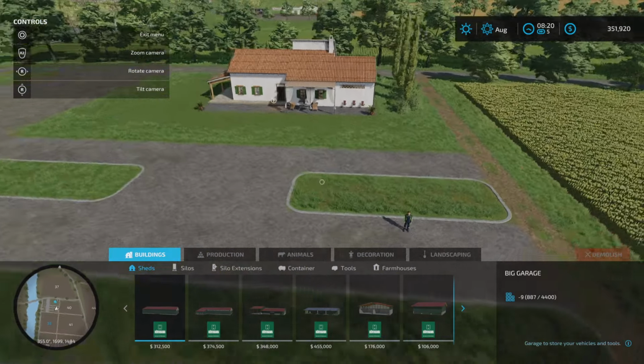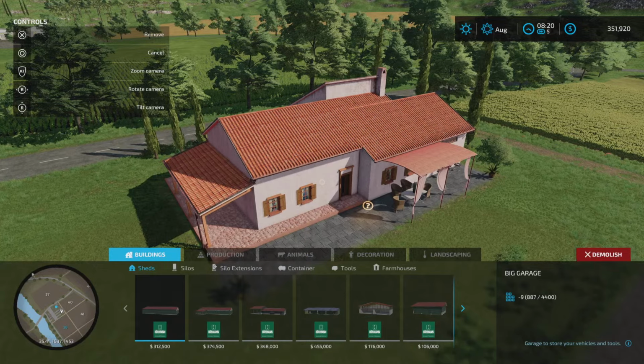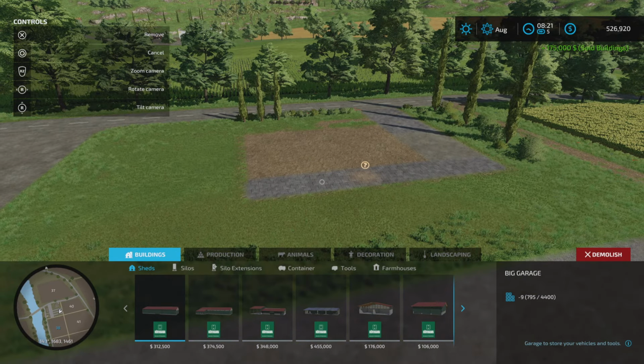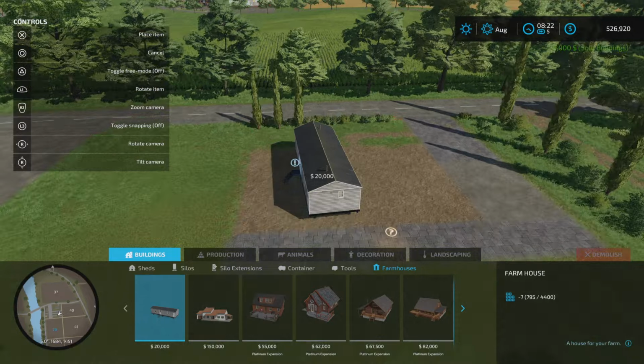But one thing I'm going to do is sell this farmhouse because we can get quite a bit of money for it. So if we go to demolish, we can get 175,000 for that straight away. So we don't need a fancy farmhouse. We can get by with a more modest, let's say,